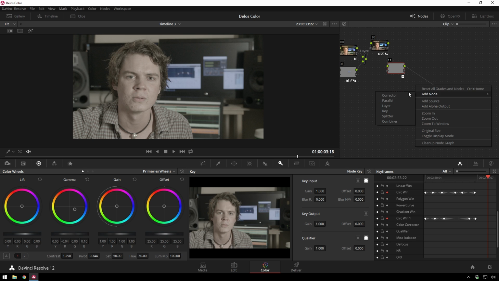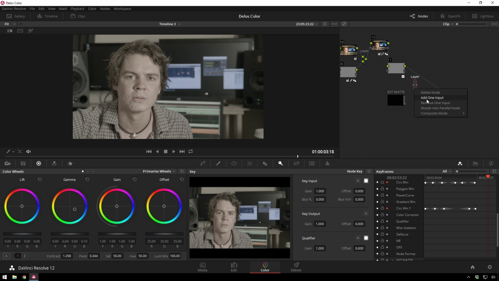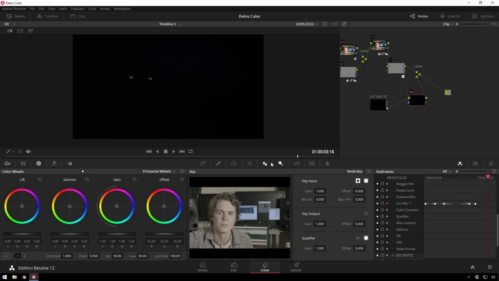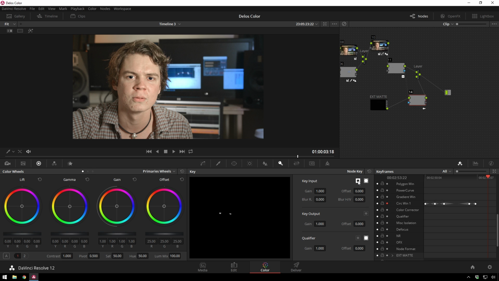node, add a layer node, add one input, drag this up and into here, add a serial node after this guy, take the matte from this and bring it into this guy, bring that into there, and go ahead and invert this. Whoa. So now we've got some very stoned eyes going on, but if you right click, go to composite mode,